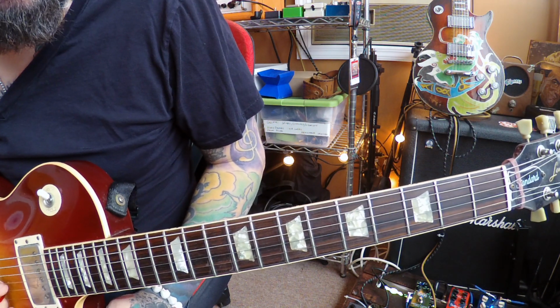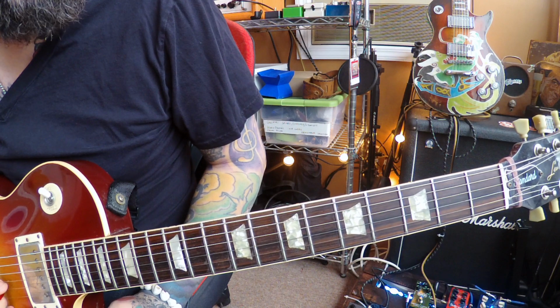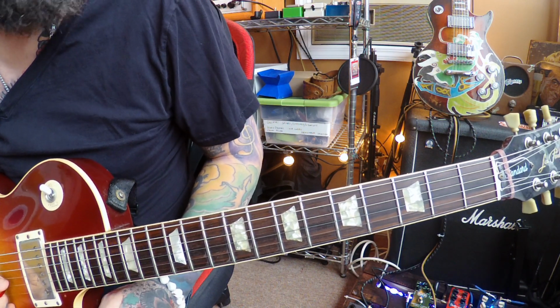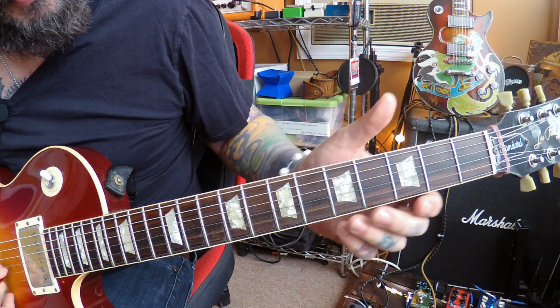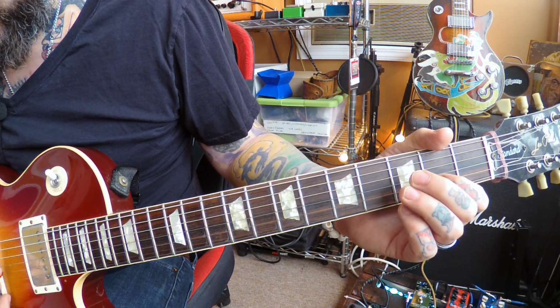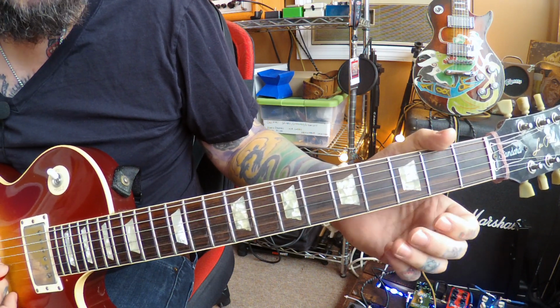Alright guys, so that was our intro part. It sounds a little more complicated than it really is. It's really not that hard. It's a lot of open strings and some hammer-ons, and once we get the rhythm down, it's really not that bad. So, first part is the B and E strings are open. Then we're going to hammer on to the second fret on the B string, and then hit this note on the B and the open E string at the same time. So, it's going to go...